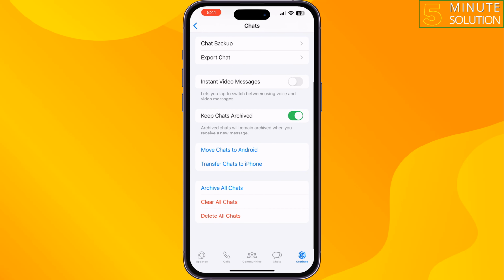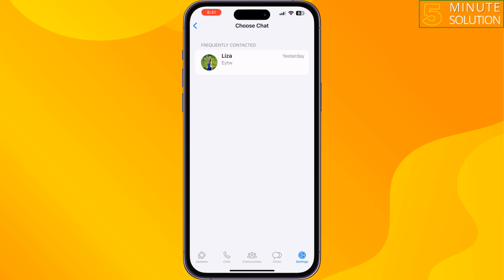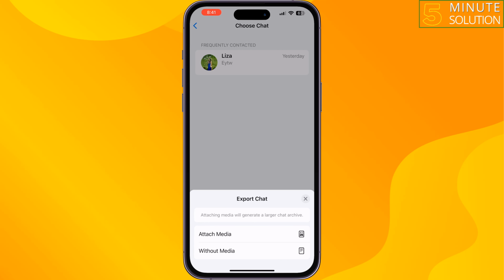and tap on Export Chat. Now tap on the conversation or chat which you want to export, and select here attach media or without media. So I want to export this chat without media,